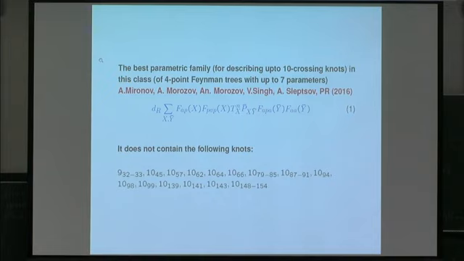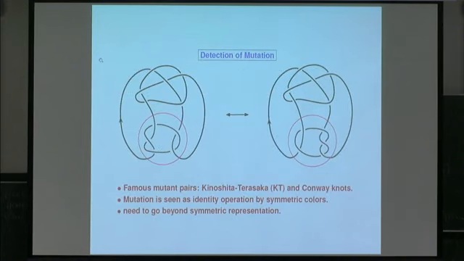So in that these were missing. We were not able to put it in one universal formula, but most of them fitted in, but all of them were arborescent. Okay, so